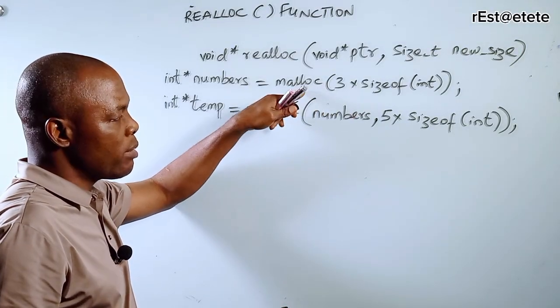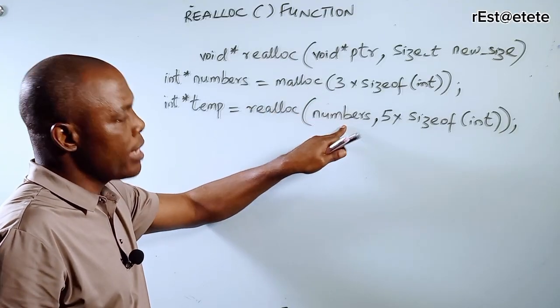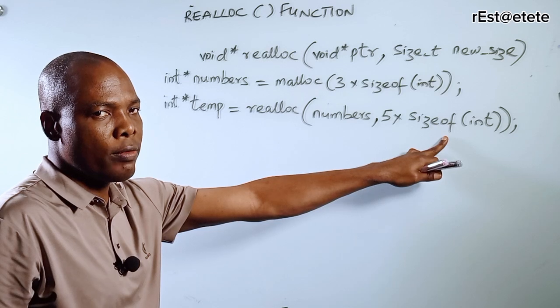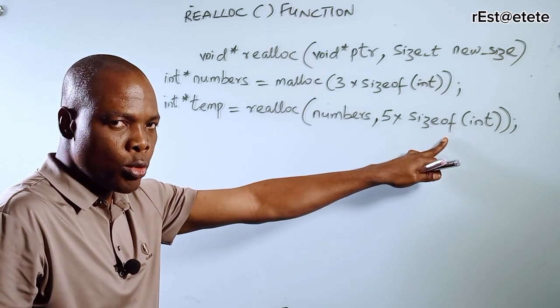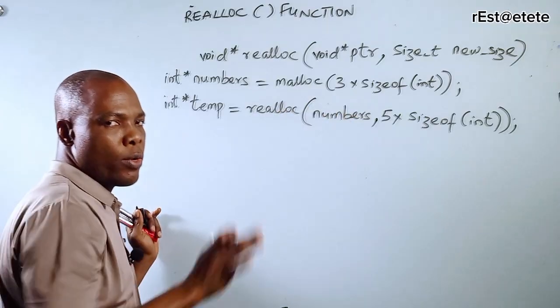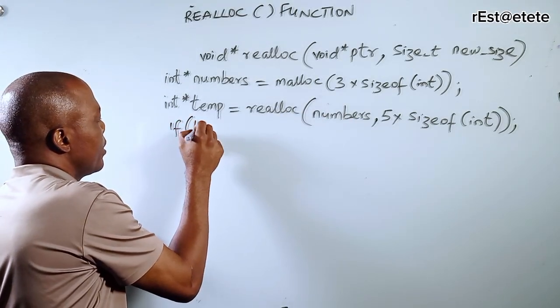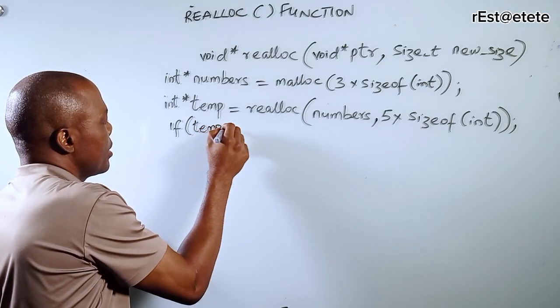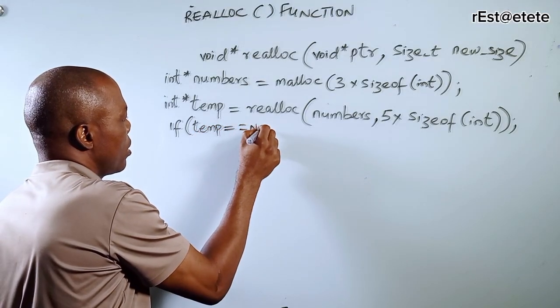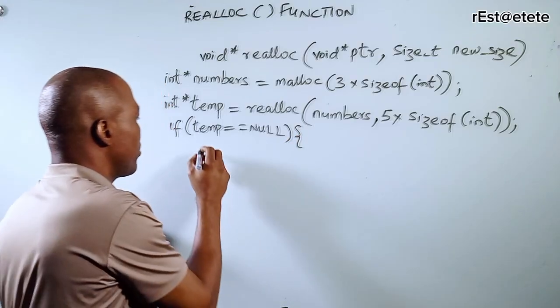this initial memory to what? To now 5. So I will retain this 3, right? And then I will expand it to what? 5. So I'm just going to add 2 more elements. Okay, but I have to still test if this memory was allocated. So I will say if temp equals equals NULL, right? I will go in and I will write